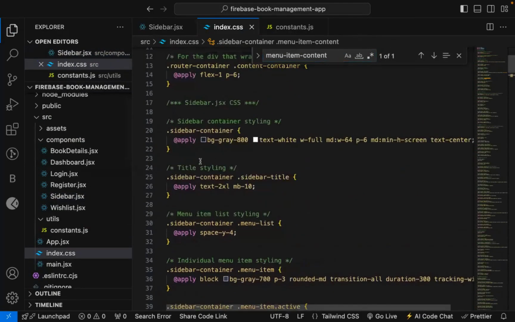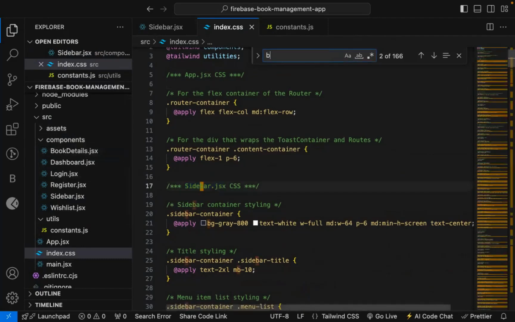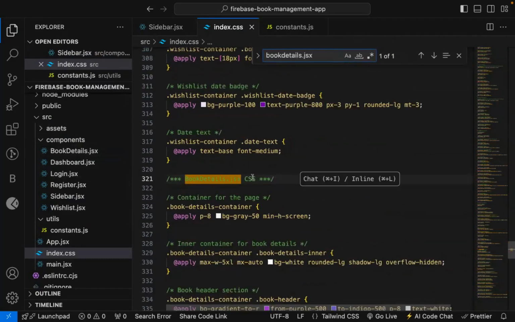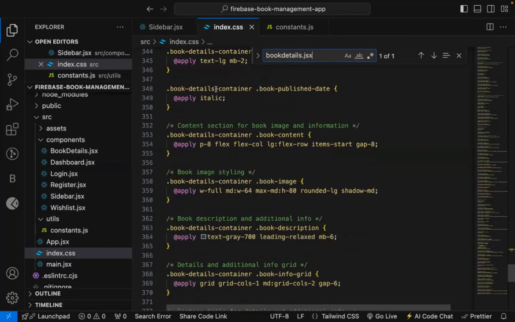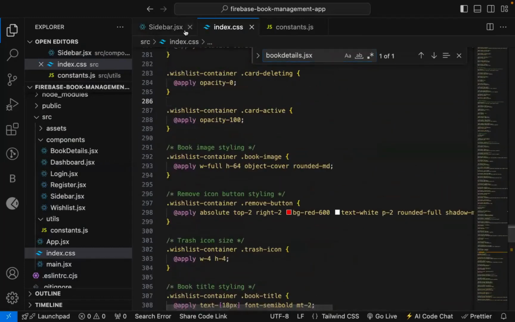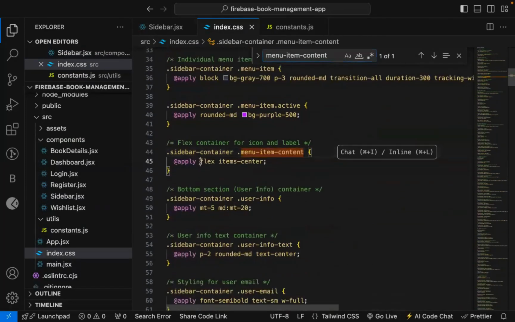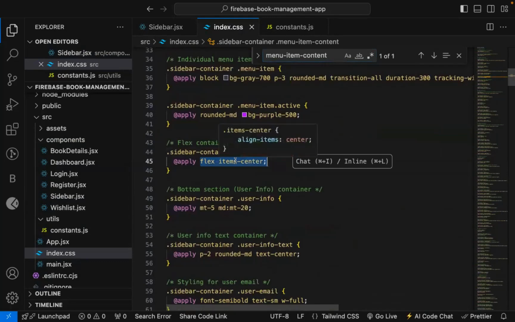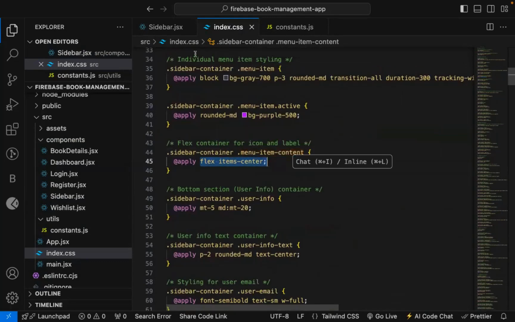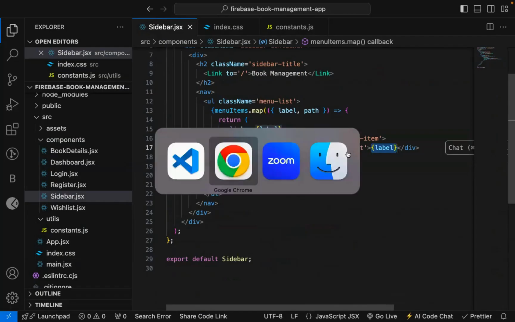So depending on the file name, you can see sidebar.jsx. So if you want to find out any CSS specific to, let's say, book details, I can just search for BookDetails.jsx. You can see all the book details page related CSS, you will find it here. So you can easily find out if you need any of the CSS. So this is menu item content. If I search, you can see it's just applying flex, so those elements will be side by side. Let's go to sidebar. So here we'll have the label, and along with this label, we'll also have